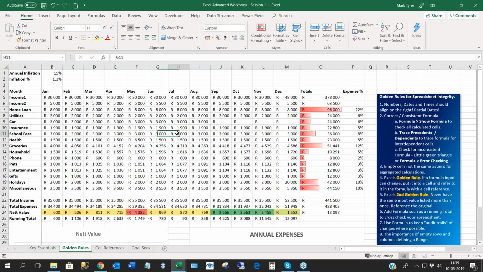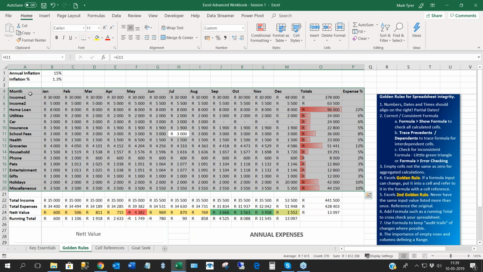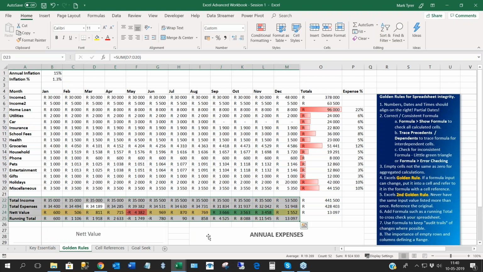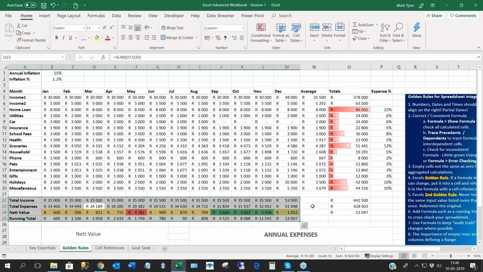So if I select these cells here, press Control A, notice that it detects and selects the empty rows, and Excel sees that as a range of data. Even this, it sees as a little mini range of data. If I go down here and press Control A, we would expect that to be joined to these 3 cells here as being the range. But because I've got a hidden column here, if I expand that again, with empty cells, it separates these